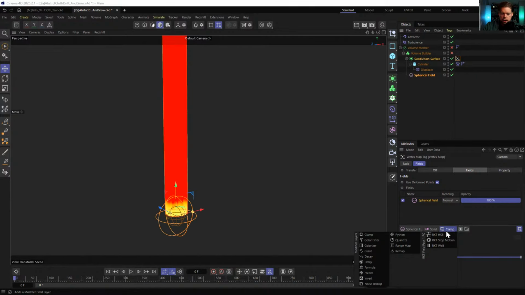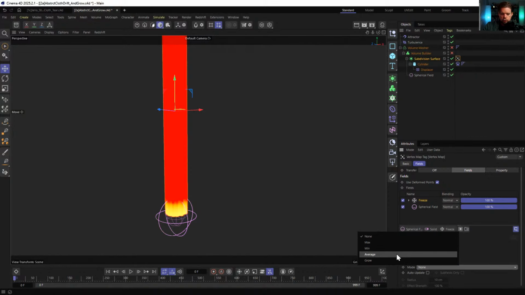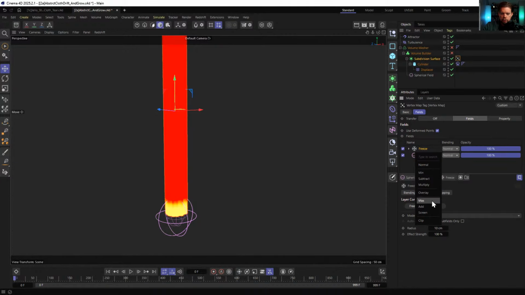And then we create a modifier layer and add in a freeze. The freeze will be set to grow. And at this default value, I think we will see something. Typically, I set this to add, just to make sure that even if I do some sort of reset, it'll see what's coming below and continue upward. If I hit play now, and it's using deformed points,